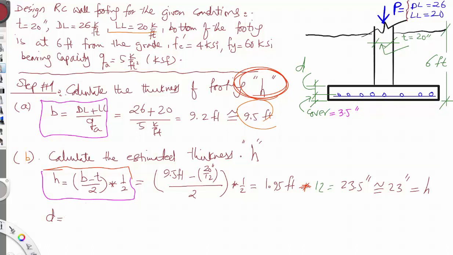The depth will be equal to 23 inches minus 3.5 inches, which is 19.5 inches. That is the depth. So again, circle this one and circle this one, and while we have done the H,